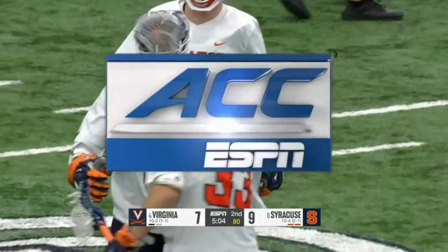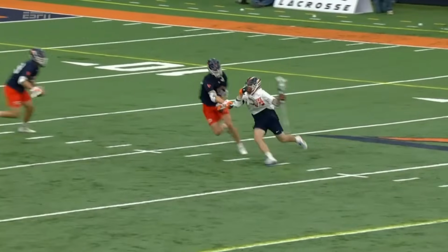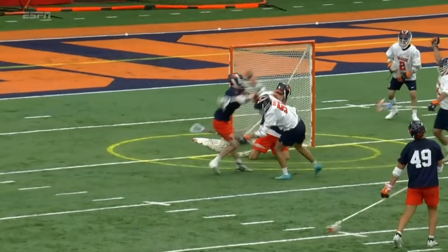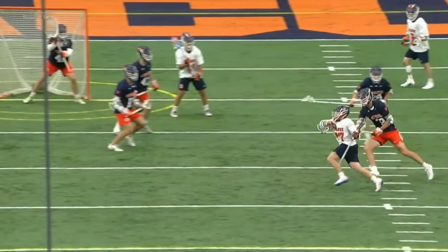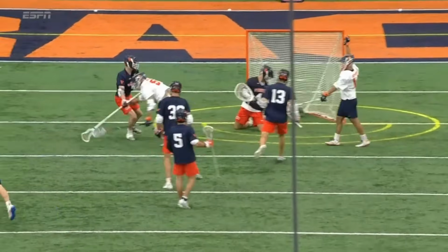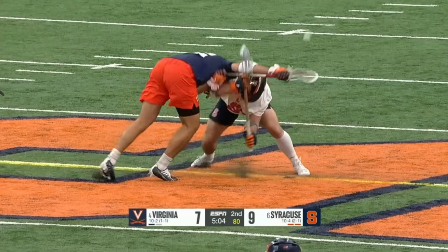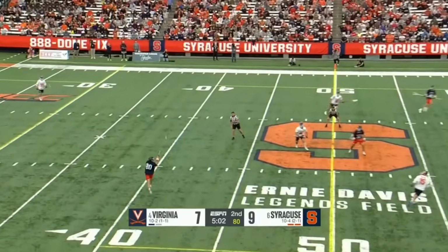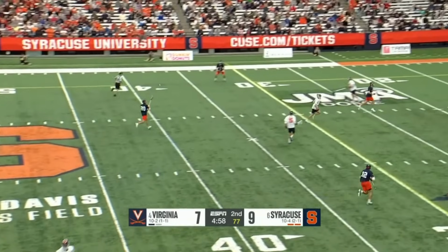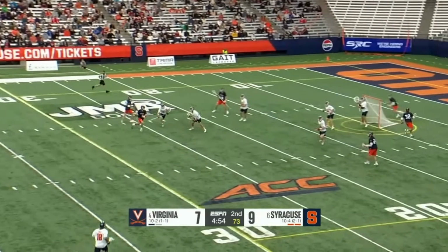Owen Hiltz has been tremendous in the early offense. The patience. He thought he was going to shoot at first, but then he hitches and gets to the top side across the middle of the defense to become a passer to a long pole, and Matt Wright feeling pretty good. He could have let that fly. His IQ is his next level. Sees through a defense and just understands when to push, when not to. And he's not a pulled out type dodger, but